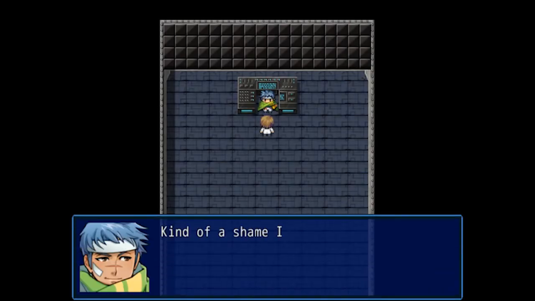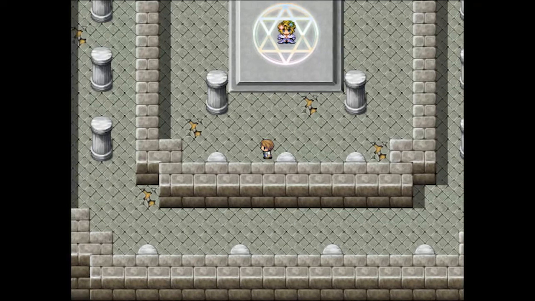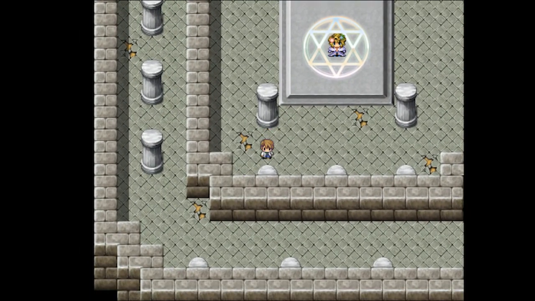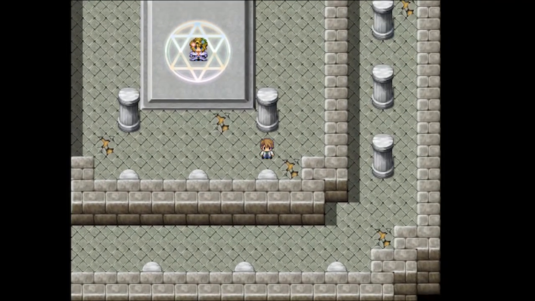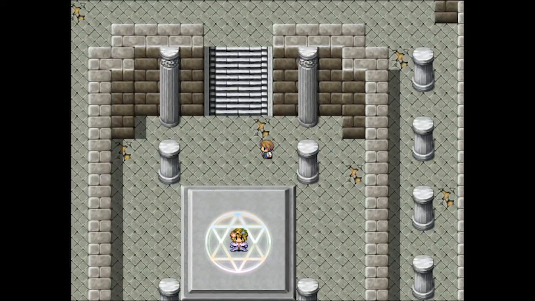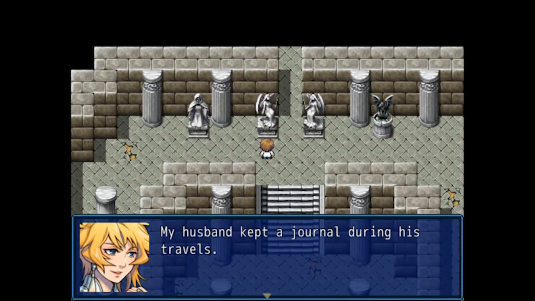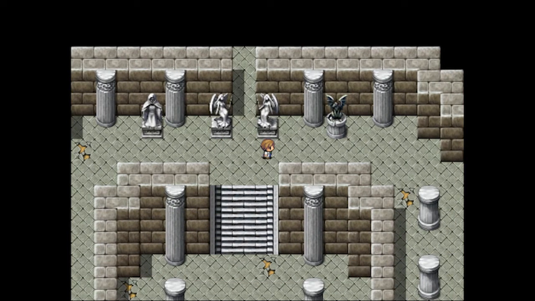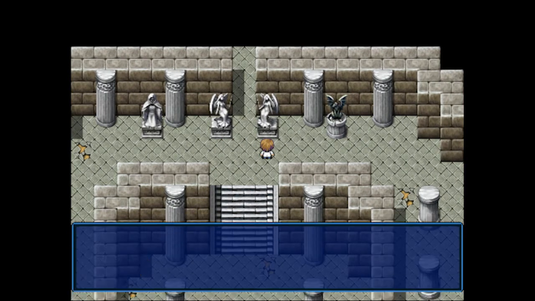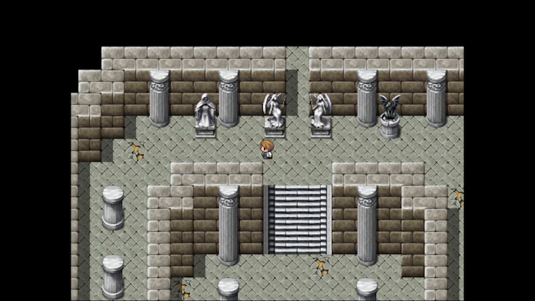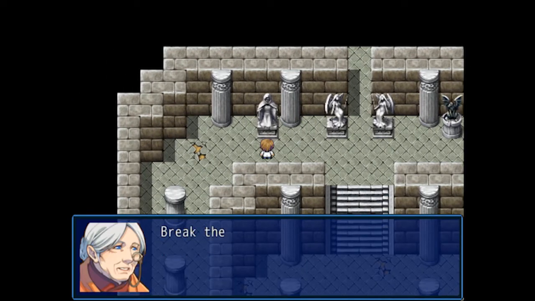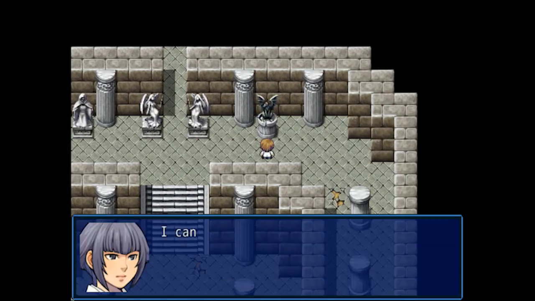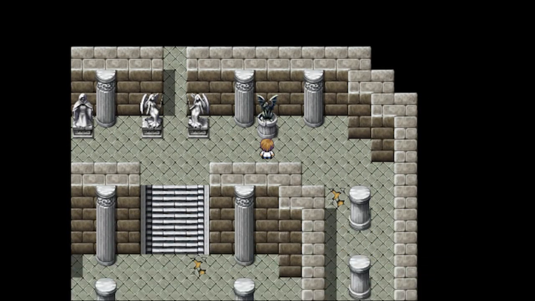Okay, so we didn't have everyone we needed. Husband kept a journal during his travels. If I just had that, I think I... Okay, yeah. Not asking for much. Go to the Oasis. Okay, what the fuck?